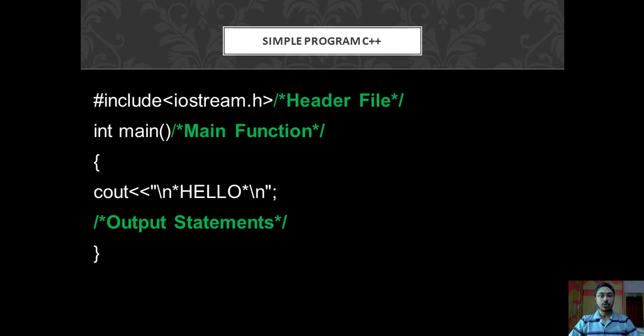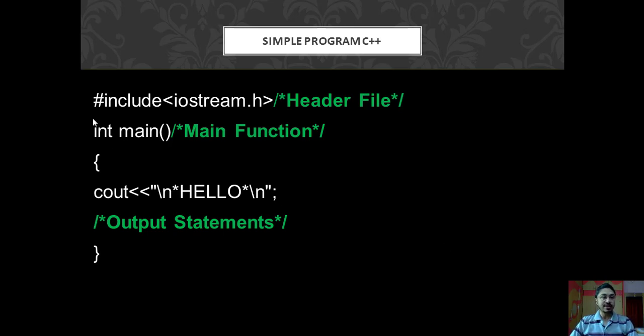Students, in the last lecture we discussed the structure of a C++ program. We have seen how the different parts of the C++ program can be arranged. We began with the header files, then the global declaration section, then the class section, and afterwards we declared functions and other parts of the program. We discussed this code in the last lecture. This code prints hello onto the screen. Today we will see some details about this code.